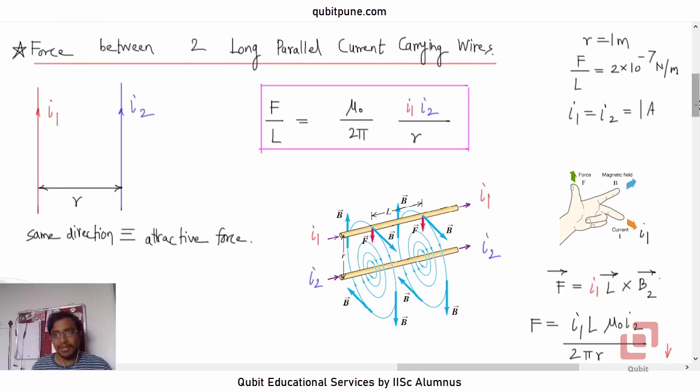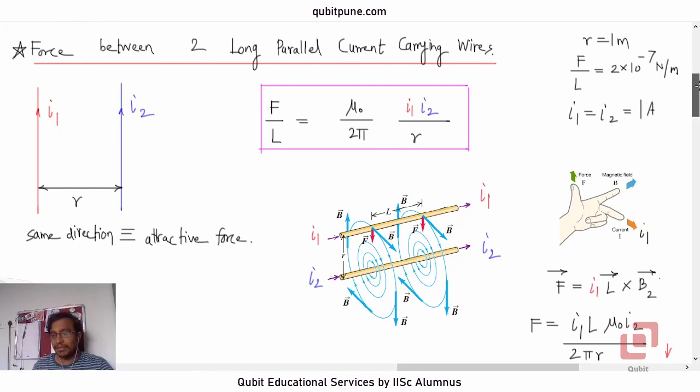Get the definition right. So in this chapter, we have the definition of magnetic field. How much is 1 Tesla? Again, you have to substitute everything as 1. In this case, we have mu naught as 4 pi into 10 raised to negative 7. So 4 pi upon 2 pi is 2. So it is 2 into 10 raised to negative 7. I1, I2, 1, 1, R 1 meter. Okay.